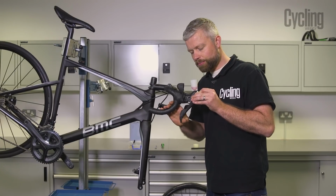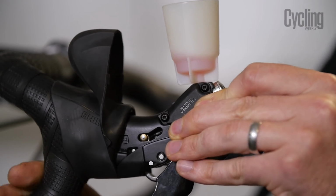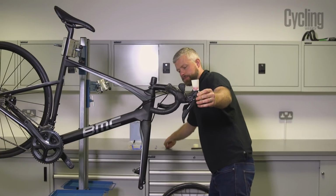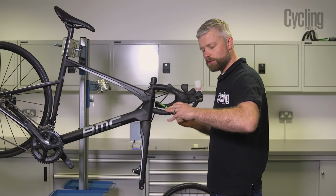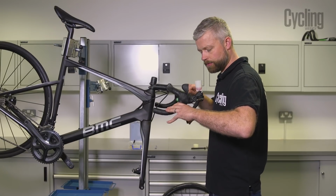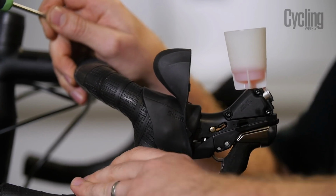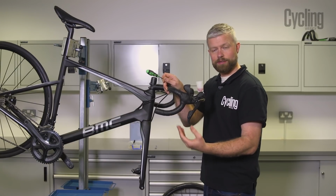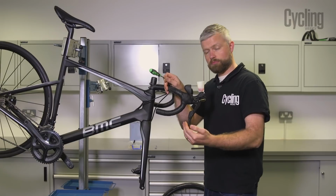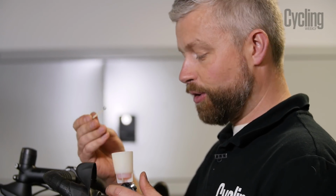Obviously those bubbles of air will be replaced with brake fluid, and it does firm up the feel of the lever. You can give the system a bit of a tap whilst you're pulling the lever, just to help any bubbles make their way up and out of the system. Okay, that has already had a fairly significant effect on the lever travel there, so that has firmed the brake up a fair bit. If you're happy with that and you want to stop, then grab your plunger,